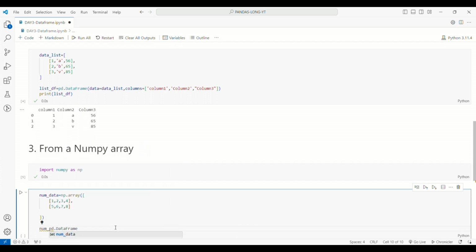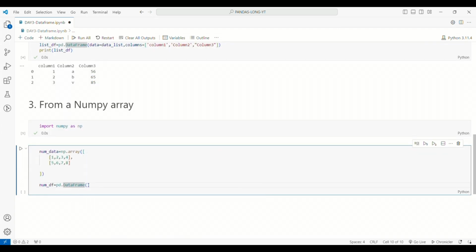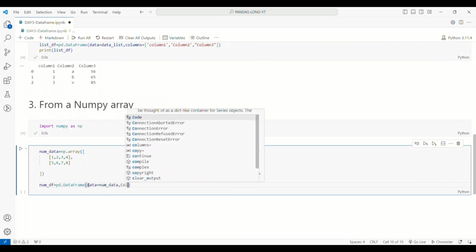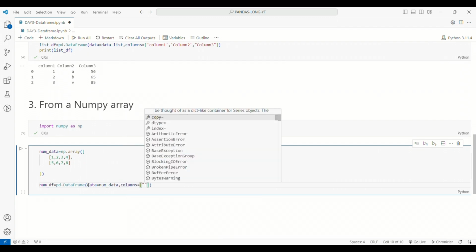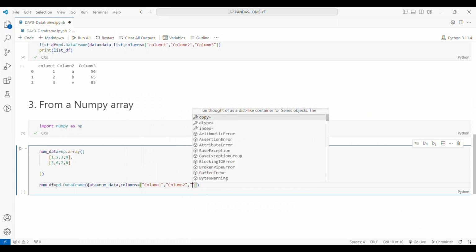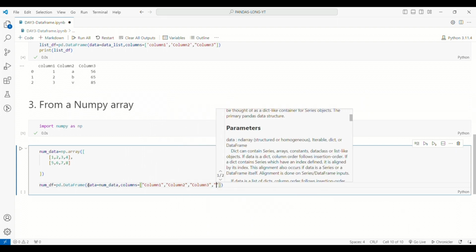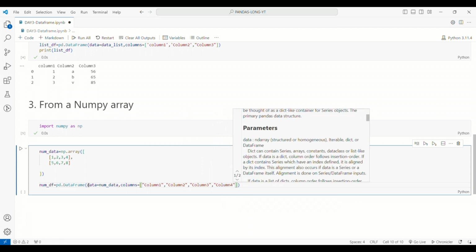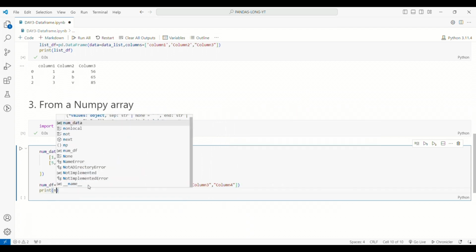You have to assign the columns as well because we have not defined any column. So you have to write down the columns in the form of a list. Make sure you are writing it within the list: column 1, column 2, column 3 and column 4, because we have 4 columns and 2 rows in this. The number of arrays that you have created will be the rows, and the number of values which you are writing are the columns. You can remove it and you can replace the column names with something else.